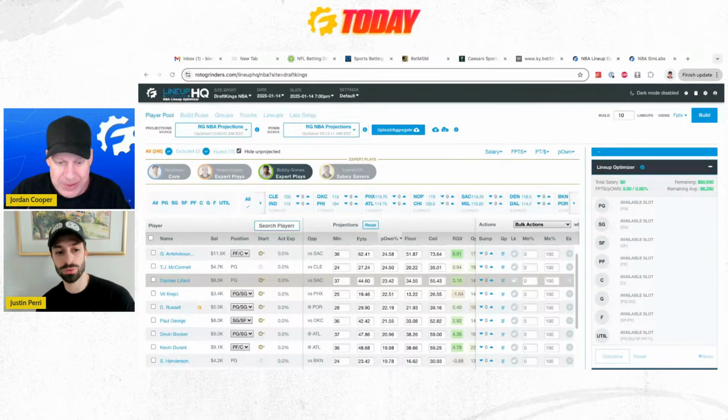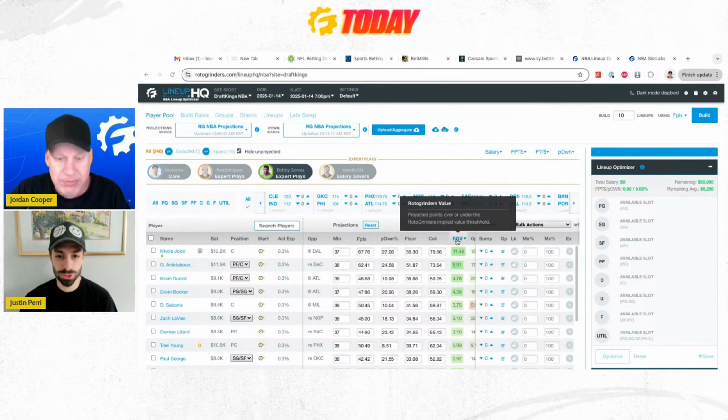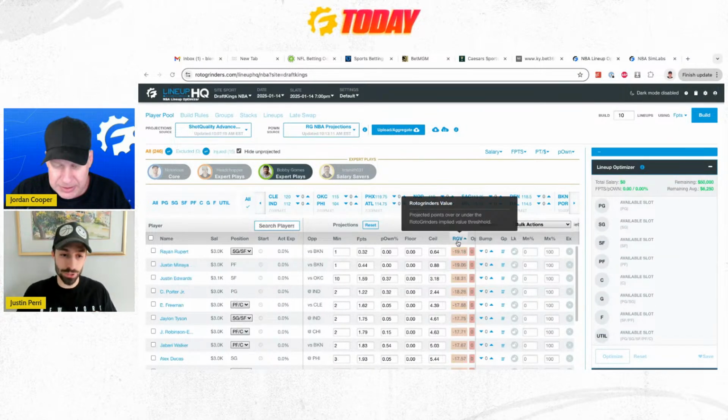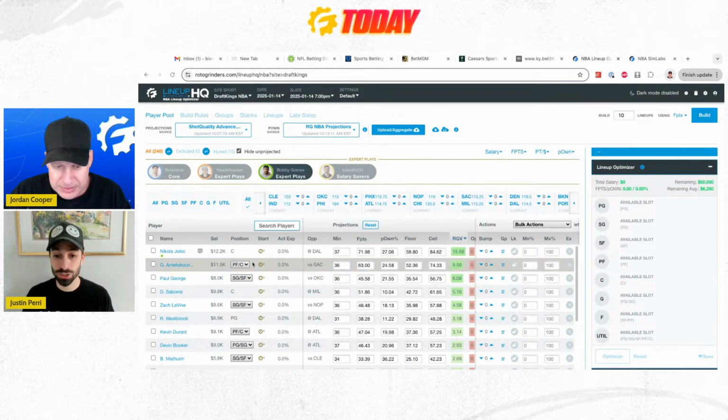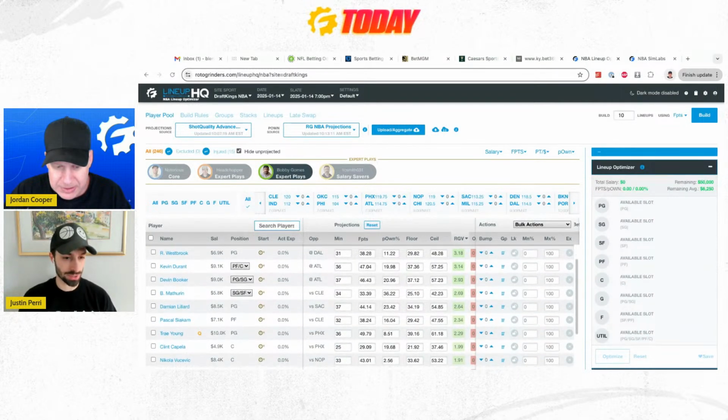So the shot quality model assumes that the questionable players are going to play. So with Trae Young in, Clint Capela is one of the top values for us under that 5,500 line. Also, I think a lot of people will be looking at T.J. McConnell, but you can think maybe Andrew Nembhard might soak up a couple extra of those shots. He saw a little extra volume, I think, yesterday as well.